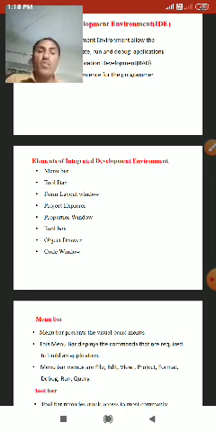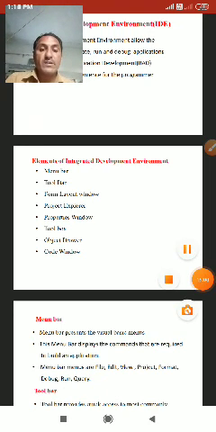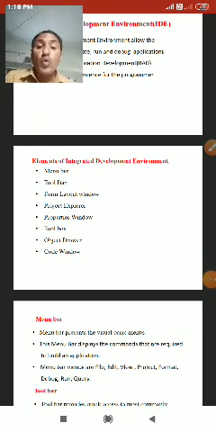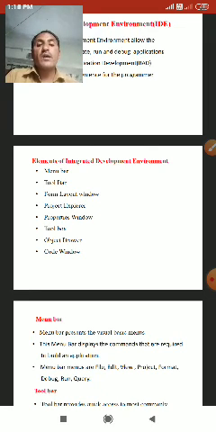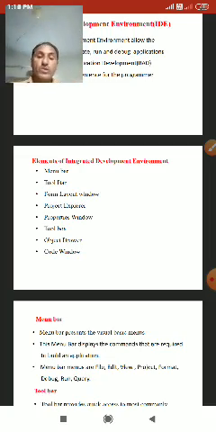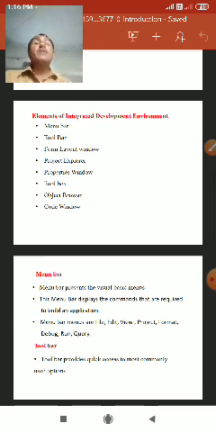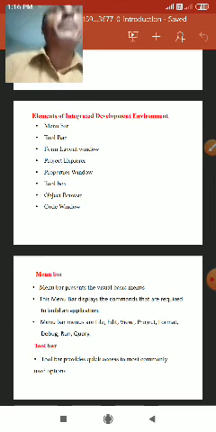First we write menu bar, toolbar, form layout window, project explorer or project window, toolbox, object browser, and code window. These are the elements of the integrated development environment.